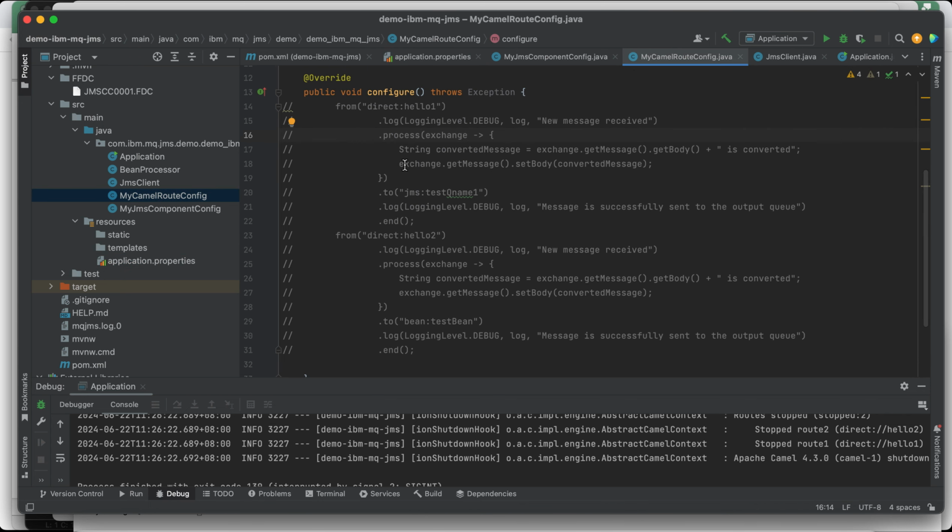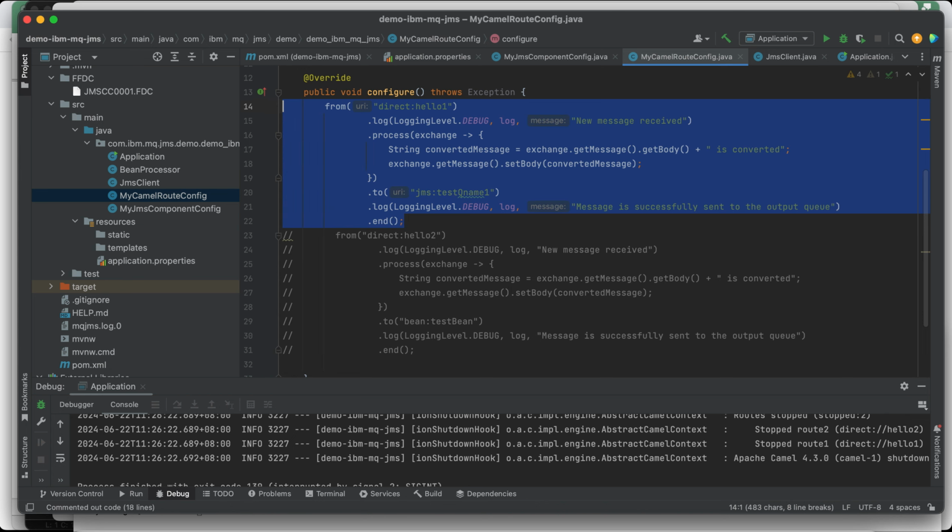So previously, as you remember, we used JMS component. So we have this. For this demo, I will show you the difference, so I will uncomment both. This is as I demoed last time, JMS component. When the sender sends a request to this endpoint, it will be redirected to JMS component using this queue name.